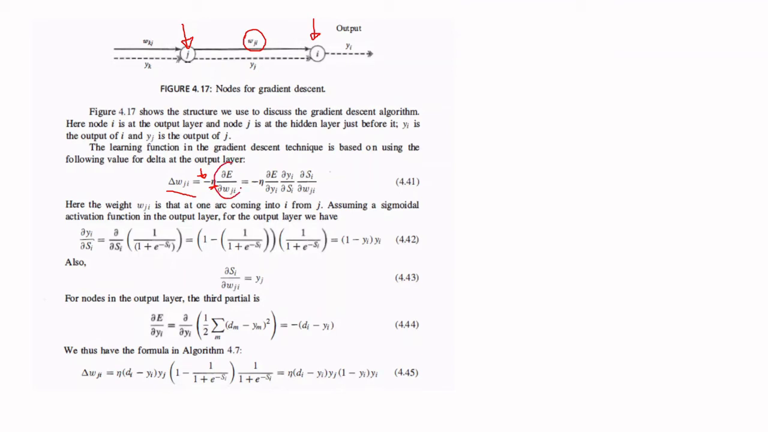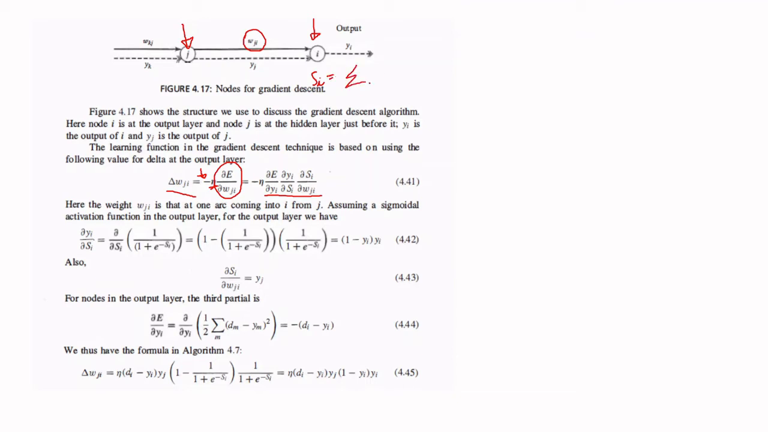So this particular term can be rewritten like this. Dou E by dou WGI can be written as dou E by dou Yi, that is the output here, Yi is the output value, into dou Yi by dou Si. Now what is Si? Si is the sum of